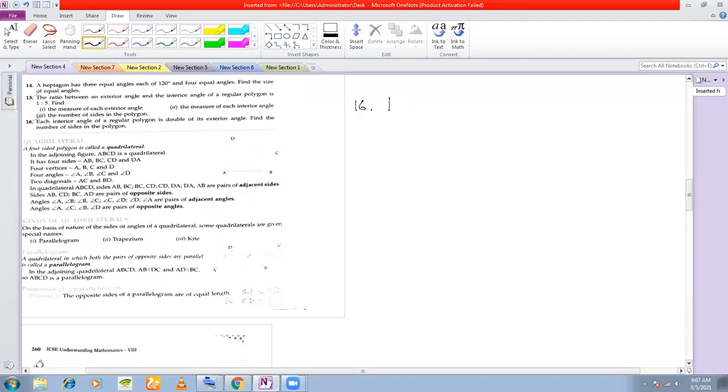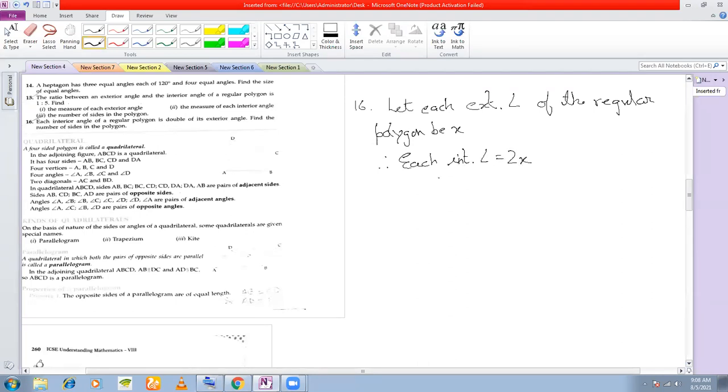Okay, now if each interior angle is double its exterior angle, if I say let the exterior angle be x, then what should be each interior angle? 2x. I say let each exterior angle of the regular polygon be x. Therefore, each interior angle